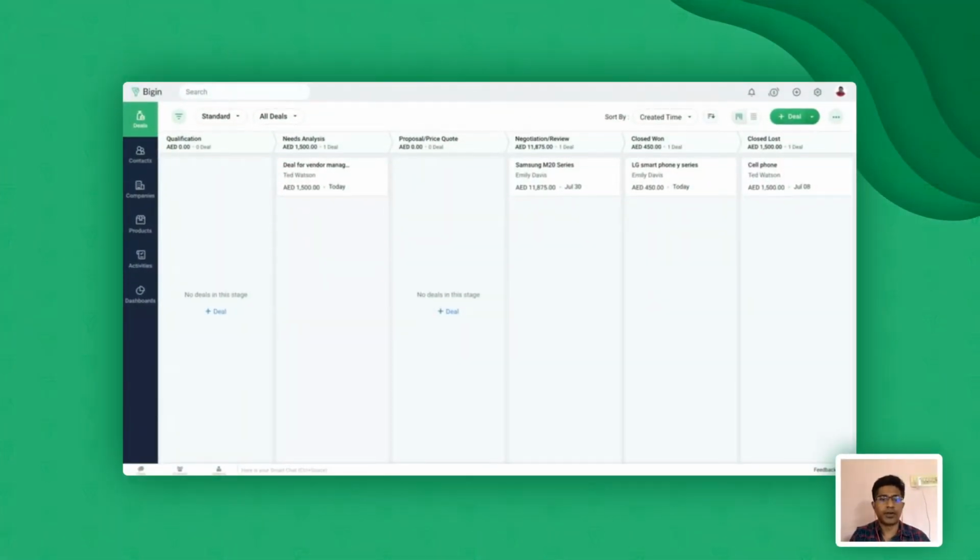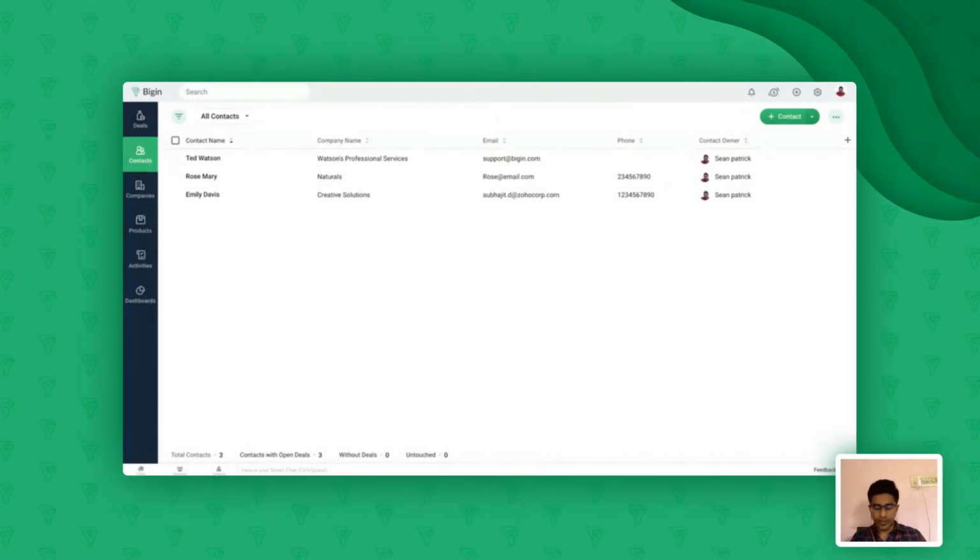Okay, perfect. So let's start with the demonstration over here. You see these little tabs over here on the left hand side, we call them modules. I'll start with the contacts module here, since this is the first module that you would be using for your sales cycle. This is where your prospect and your lead information goes in.